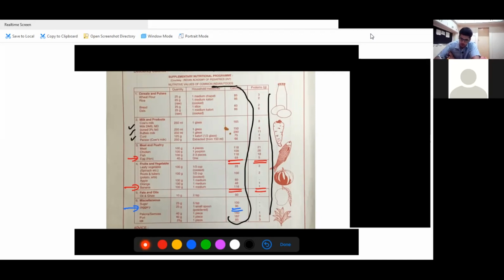So in this way, you have to even calculate what the child is having. For example, I told you that every kilo give 100 calories, every kilo give 2 gram protein. Then you can calculate how much he is having. That's if you want to practice fast. But if you want to practice in the correct manner, you have to ask the mother to write everything she is giving her child. After the mother writes it down, you have to calculate how many calories he's eating. Like if the mother tells me I give him one medium katori dal every day, you have to know he's having 86 calories and 6 gram protein. She tells me I give him rice.